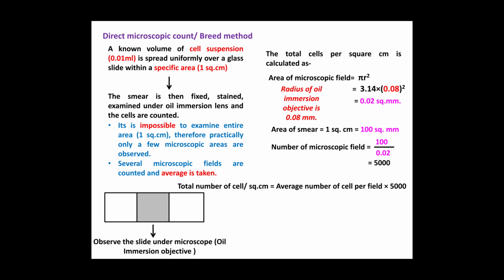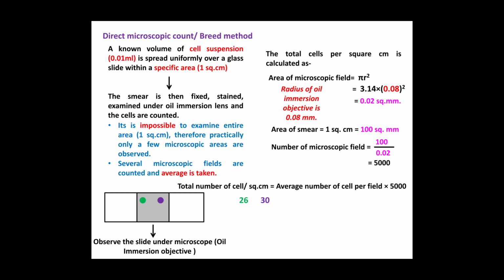Whenever I fix the slide on the microscope, the first field where I fix the slide is denoted by a green color, as you can see in the diagram, where I counted 26 cells. Then again I move the slide on the microscope and choose another area from the smear fixation, which is denoted by the purple color, and there I counted 30 cells.